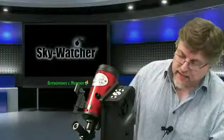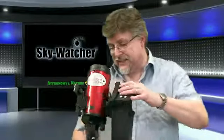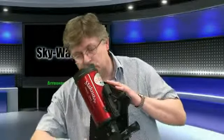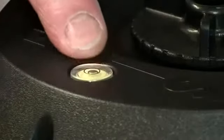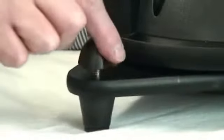While we're looking at the drive base here, there's just a couple of other things I want to show you. Built into the instrument base here, we've got a spirit level. The tracking of the instrument will actually be more accurate if you start off with the base being fairly level, and to that end it's actually got these rather nice leveling legs on 2 of the positions,